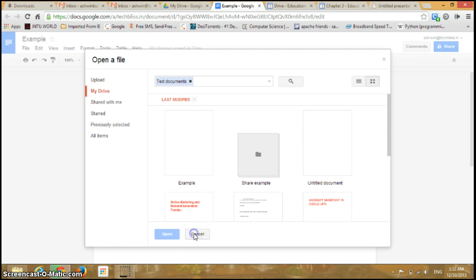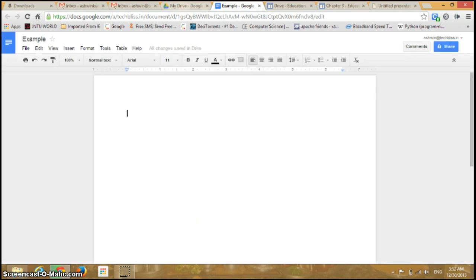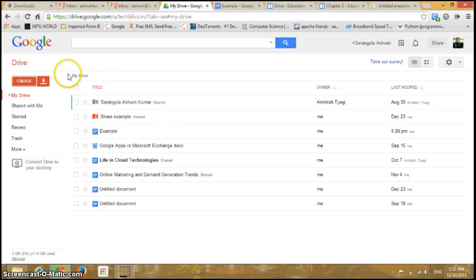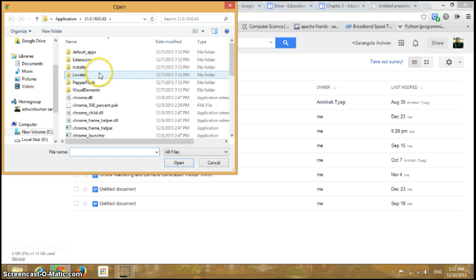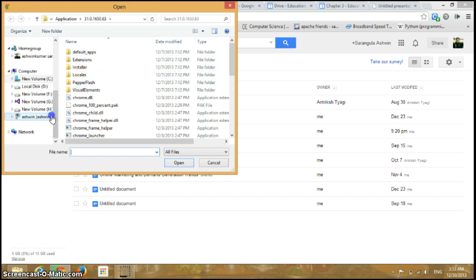So if I just cancel it and go to my home page again, you can see there is an option here. This indicates uploading of documents. If I just click on it, you can have two options, files or folders. You can upload a file as well as a folder. I just click on files, a pop-up opens here. It shows all the files in your local PC. You can select any of your files,